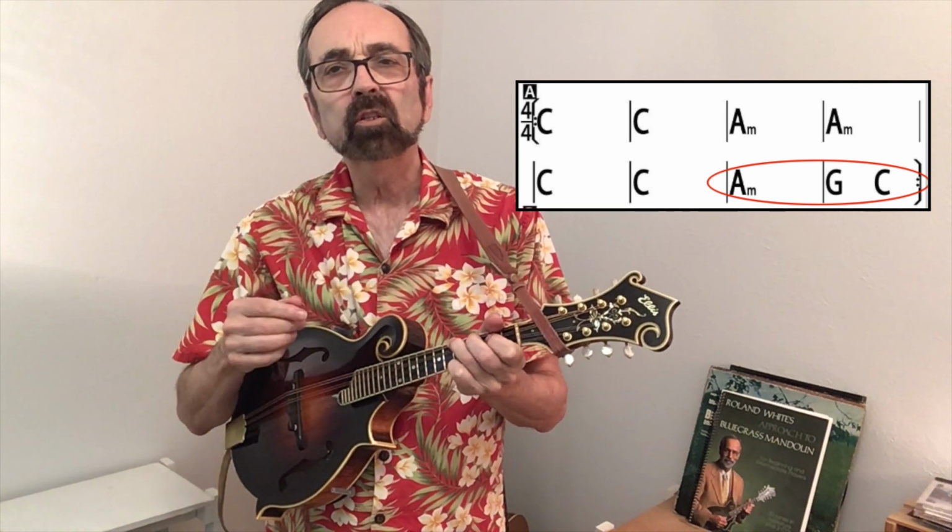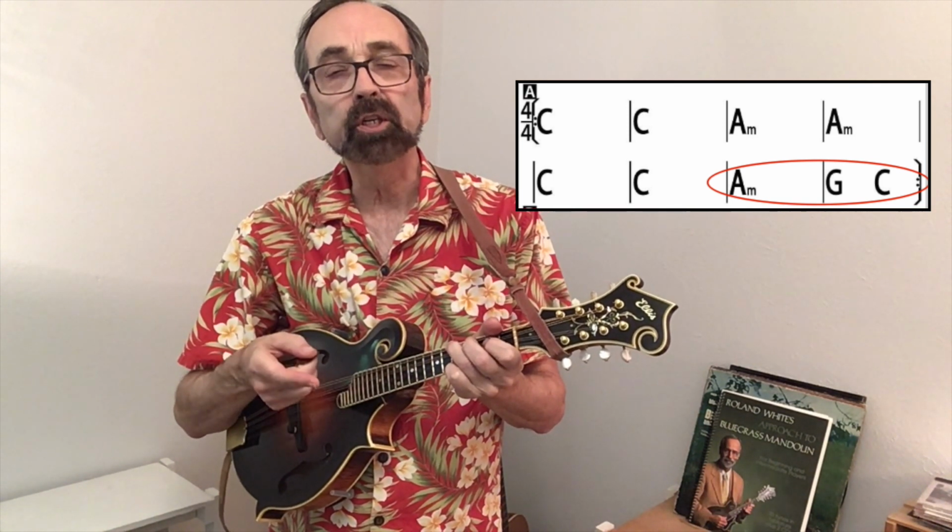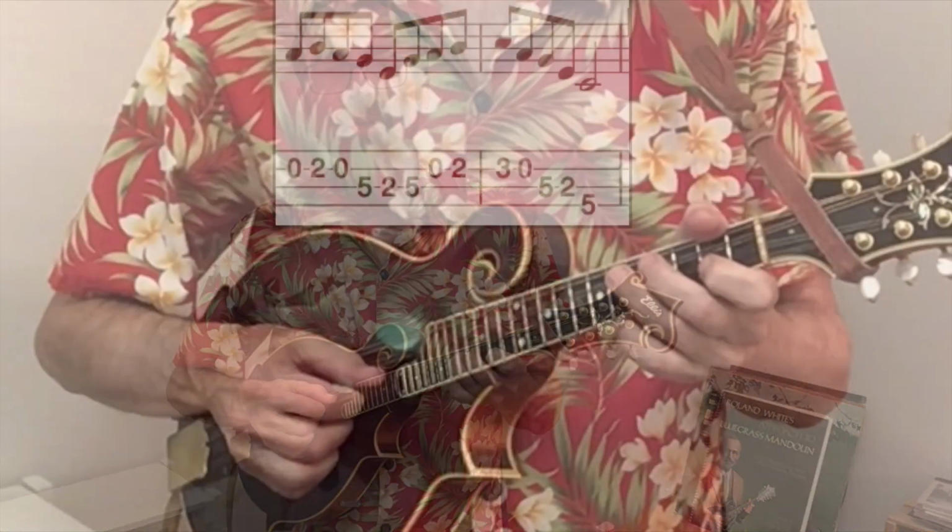So the easiest lick to swap out on a fiddle tune like that is the last 2 measures. So here's the chords. So when you're playing the A minor going to the G back to the C, that's where we can swap out the lick. The lick that we have in there right now is...